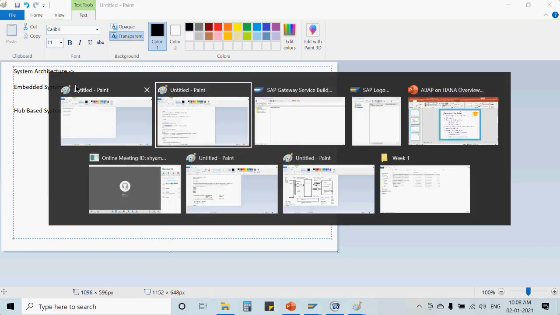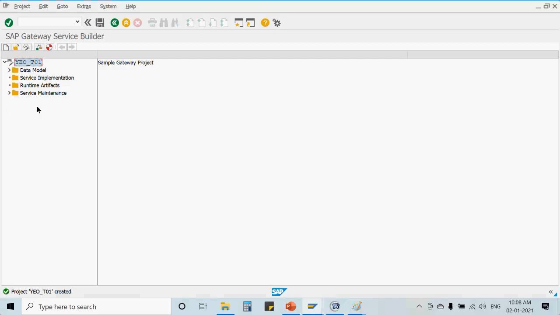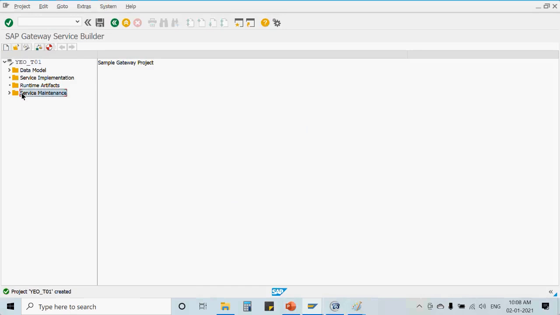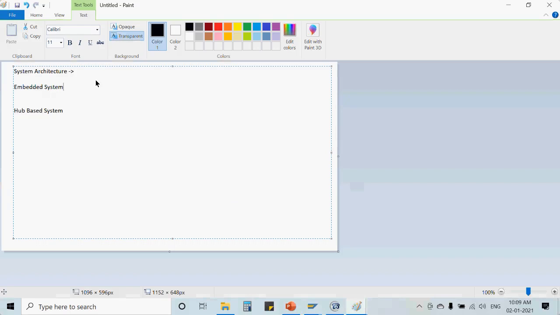Okay, so this is an application server on which we are doing gateway service development. Once we have defined a service, it will create a particular service in my runtime artifacts. Once I have created a project, it will generate some sort of runtime artifact. One of it would be, let's say, project underscore SRV. So this is your service. This particular service needs to be registered. You have to register this service, because